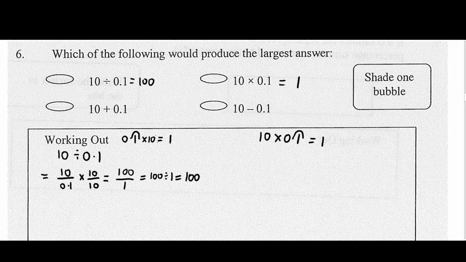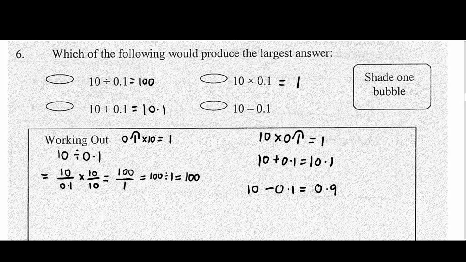And 10 plus 0.1, that's an easy one. 10 plus 0.1 is just 10.1. 10 take 0.1 is 0.9. Okay. So here we've got the biggest number. The biggest number is